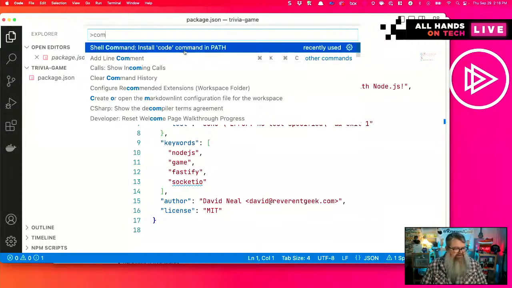If you choose that, it will install Visual Studio Code in your path so that you can use that code command anywhere inside a terminal or command prompt to launch Visual Studio Code. And you can specify the name of a folder or the name of a file, and it will launch with that in the editor. Really cool.